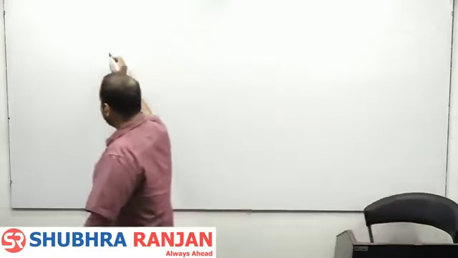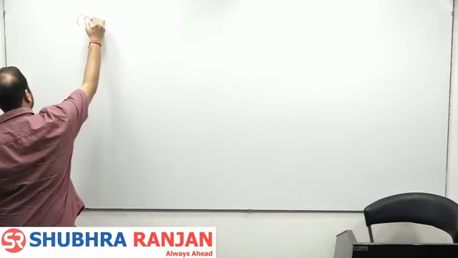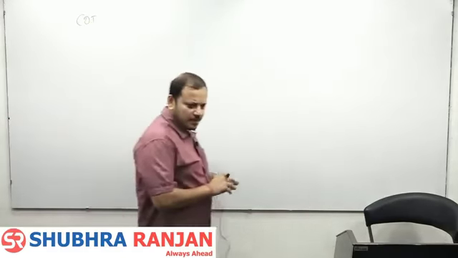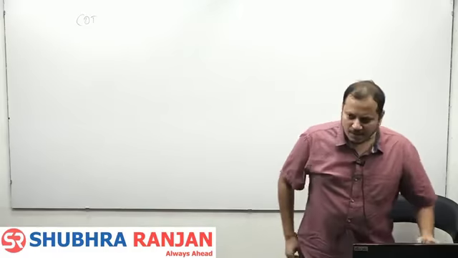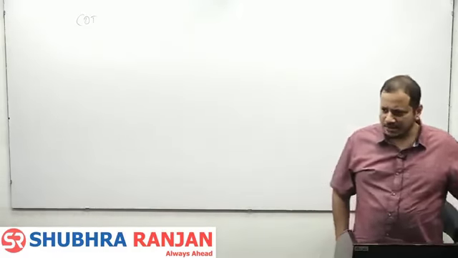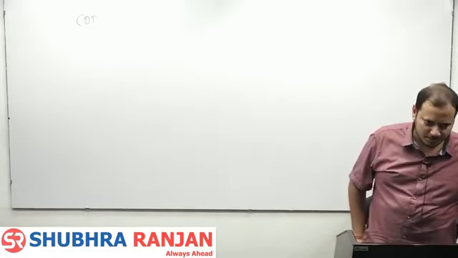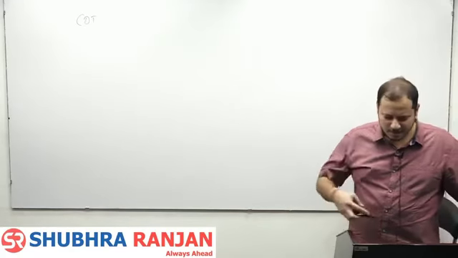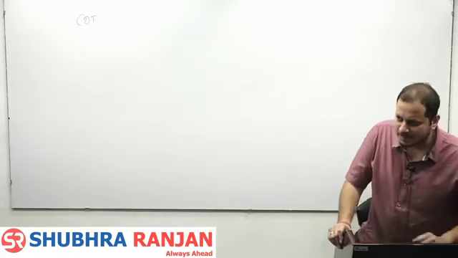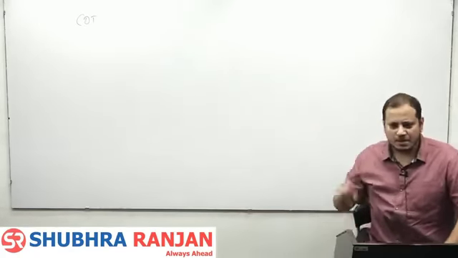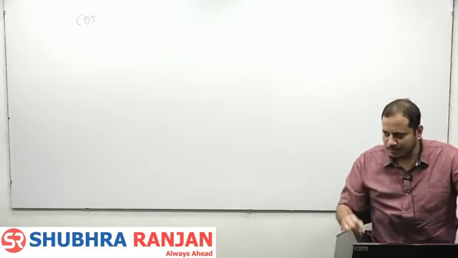So any doubt regarding the theoretical portion of CDT? कुछ नहीं, बहुत easy है. What are the key points regarding the continental drift theory? Drifting of the continents occurred. क्यों? Forces दो type के थे. Northward equatorward force due to the gravitational pull, westward force due to the tidal force.